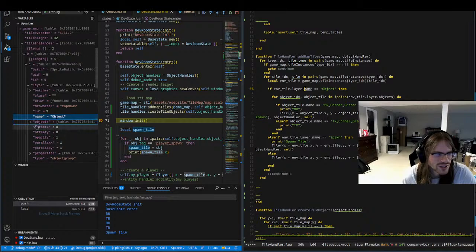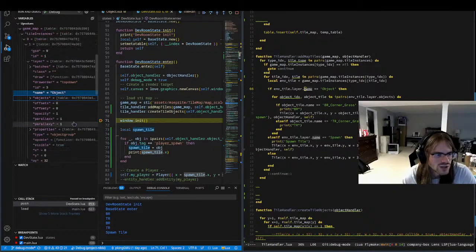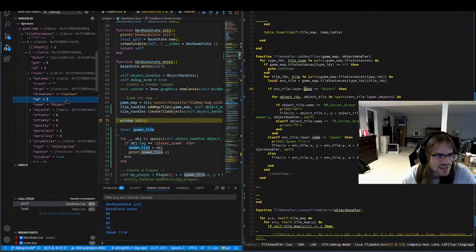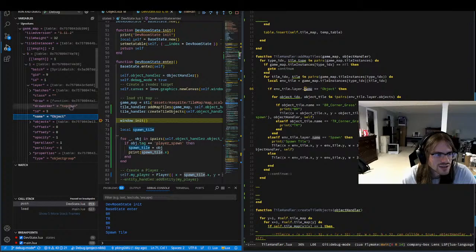That's so redundant, and I think it's what's messing me up. We just need properties. Why is name not in here? Name is here for the layer, but how do I get that specific